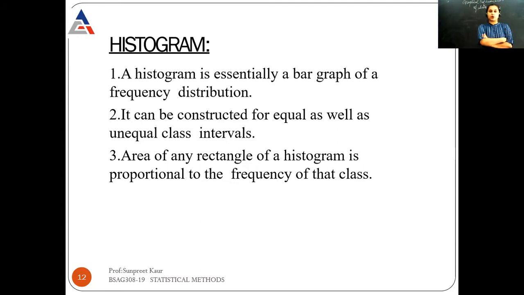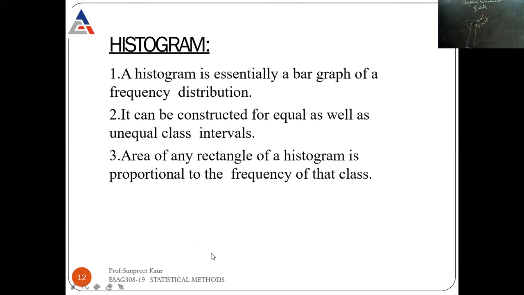It can be constructed for equal as well as unequal class intervals. So histogram can be prepared for both. Then the area of any rectangle of a histogram, you know that its shape is like this, right? You can call it a bar, you can call it a rectangle, right? So that's why it is written that the area of any rectangle of a histogram is proportional to the frequency of that class, right? Okay students,